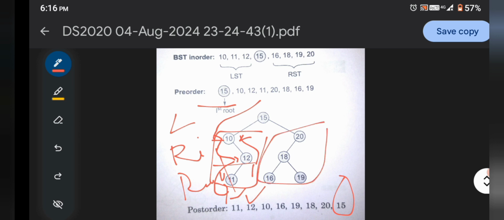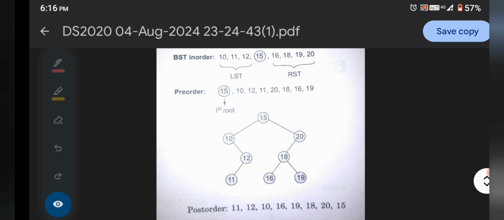In this case we go to 20, 22, 16. So 16 is the leftmost child, okay. So 16 is written like that. After that 19, 19 to 18, 18 is the root, so again 18 is written here. After that 20 and 22, here 15, okay. So at the end we say that the post order is like that, okay.